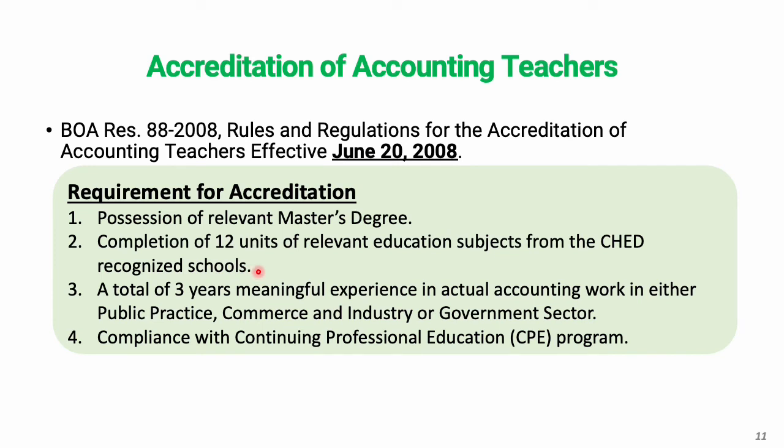Meaning, as an accountancy teacher, you should not only be proficient in teaching accounting subjects. You should also know the different theories in education, like classroom management, test construction, and item analysis of the examination to determine whether your exam is valid or not. Those skill sets can be obtained by enrolling in education subjects or attending education-related training. Being a good CPA is different from being a good teacher or professor. That is why aside from our skills in accountancy, we should also be training ourselves with a relevant education skill set. Next, a total of 3 years of meaningful experience in actual accounting work,